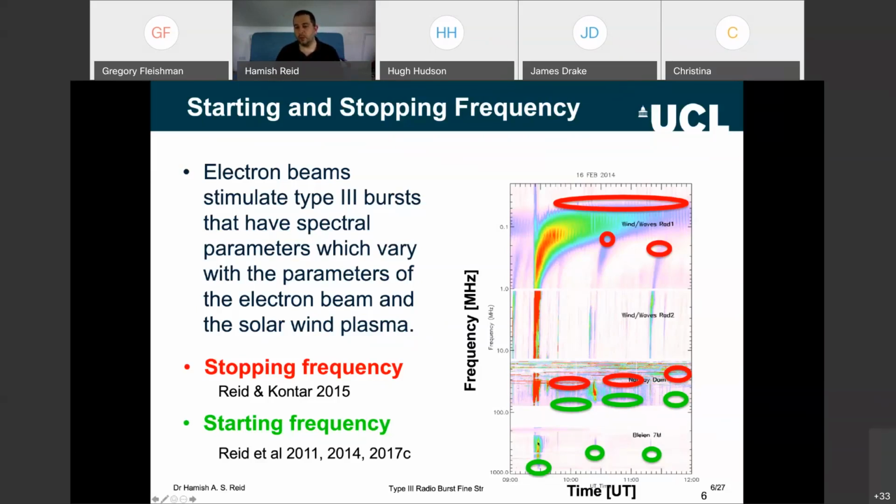But in this case, we may have the type 3 burst that you could see on the left, where you have much higher starting frequencies, because we have a very hard spectrum. It's producing radio emission very quickly. There's a high energy density and so on. And then this radio emission doesn't start till, say, 80 megahertz or below, because we have electron beams with much softer power laws, and so it takes the electron beam a lot longer in distance to become unstable, and so the starting frequency is lower.